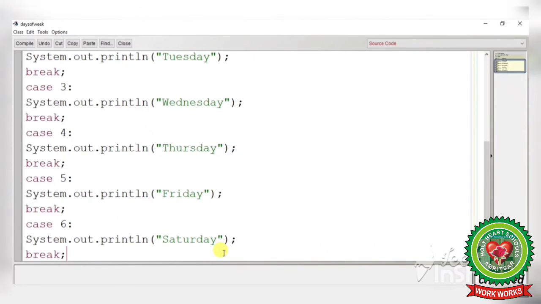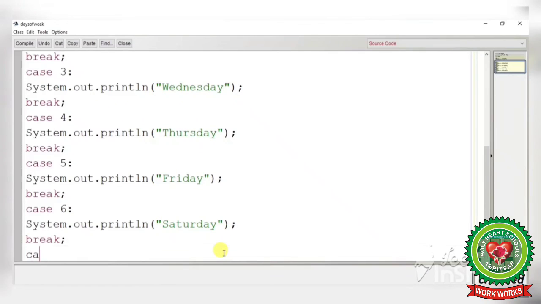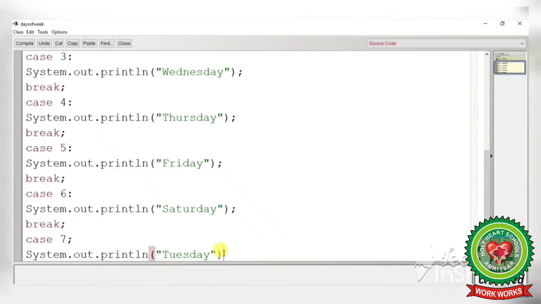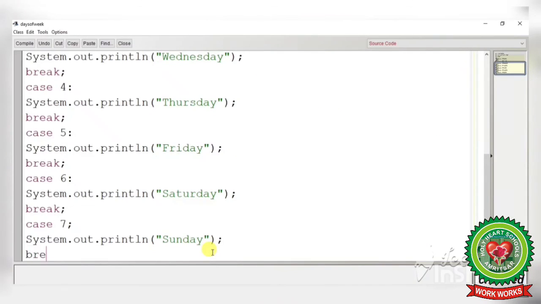Student, whole process is same. We have to just change the case and Java statement. Then next again display, here we will write Sunday. Now break.